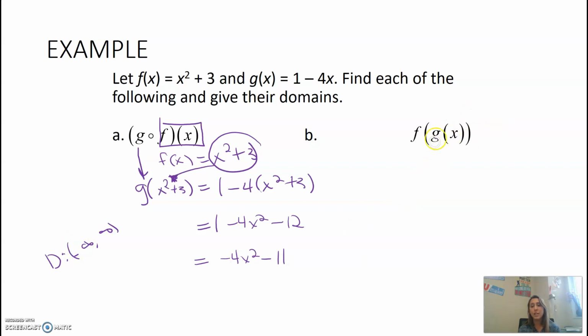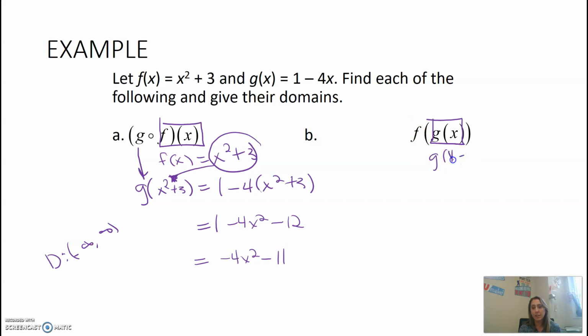All right, we're going to do the same thing here. Here, we're going to find g of x first. I kind of like the way this looks. It's a little bit easier to read. This reminds me that I'm going to put that whole g of x inside of f. This one I've got to know, this one I can kind of see. So I'm going to find g of x, which is